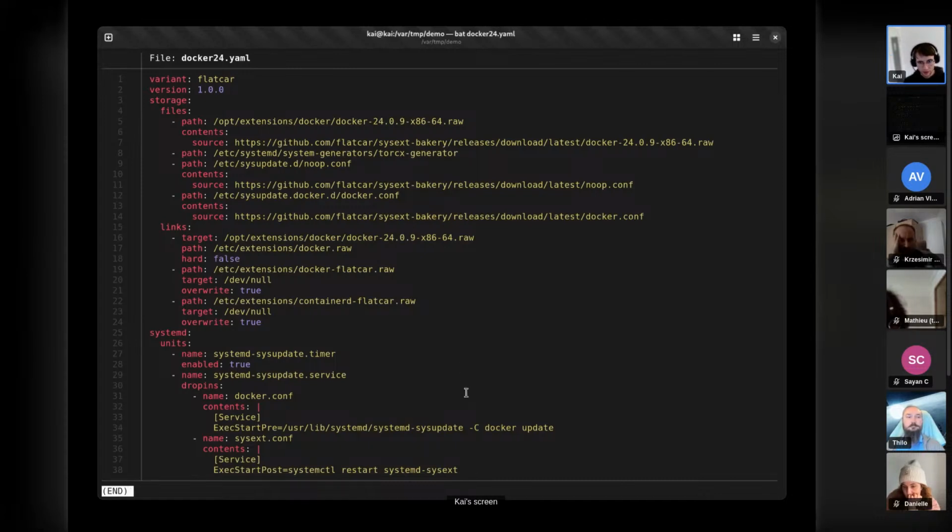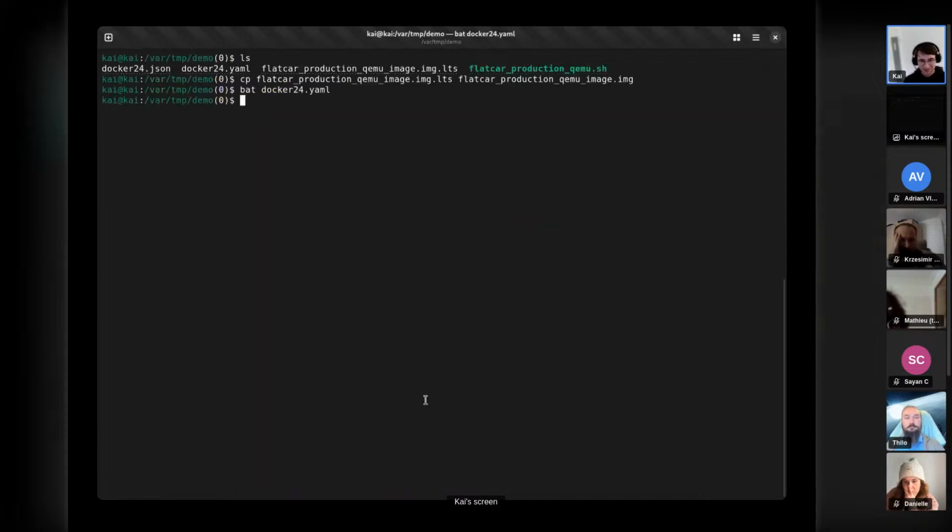I forgot one thing here actually, but let's see whether it still works. Okay, and so that's then converted to Ignition JSON.